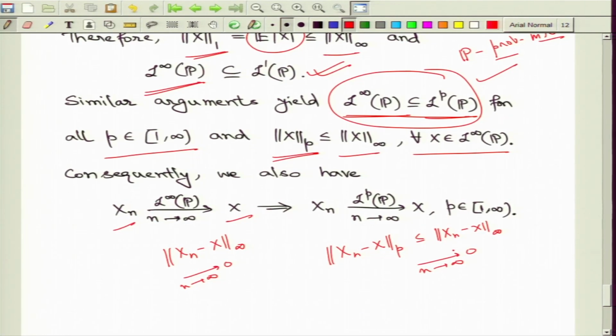So, this is essentially extending the property that if you have p less than q, then LP convergence is implied by LQ convergence. So, control of the higher norm, or in terms of random variables the higher moments, is always giving more information, and that is what is helping us prove the appropriate convergences or appropriate inequalities. So, this kind of results hopefully will help you understand the content of this week.